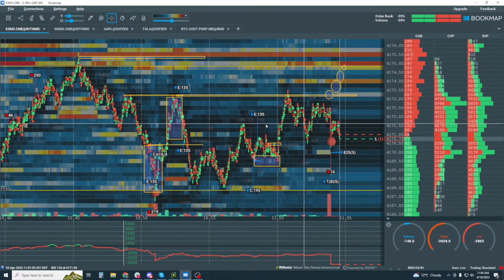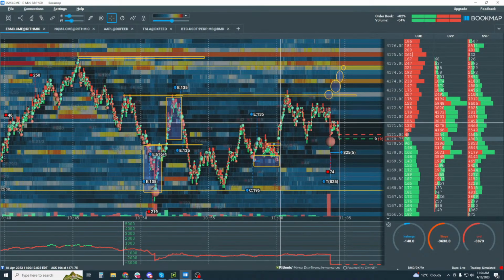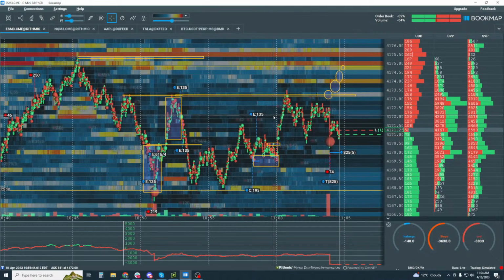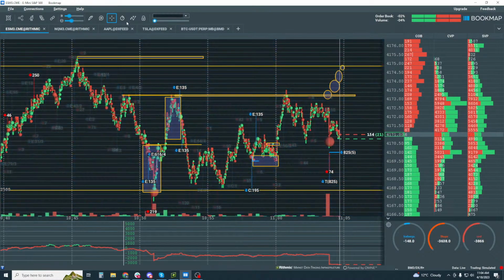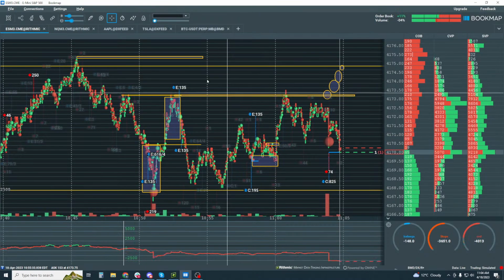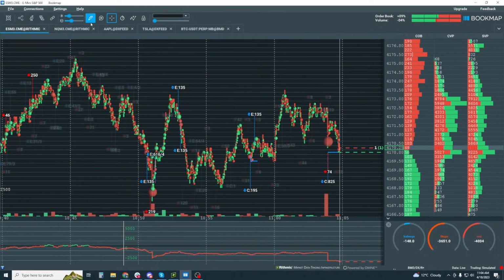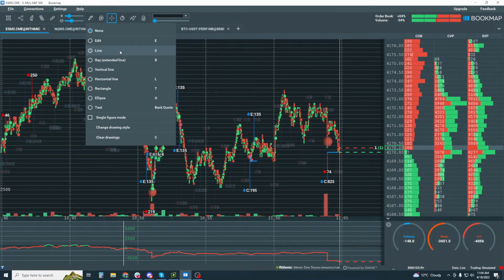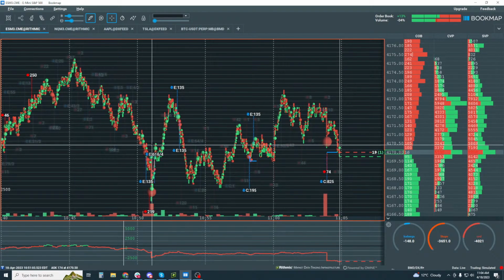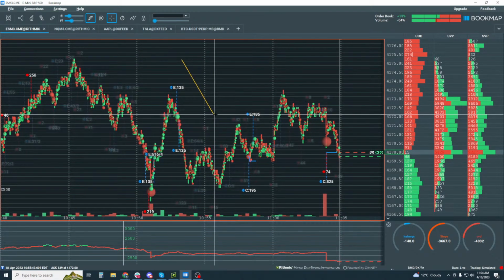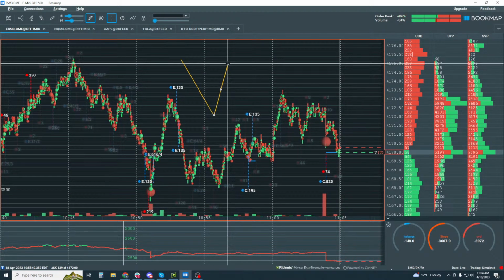Okay, so for example, hold on a minute here. Let's clear our drawings again and take a look. All right, so with this market structure of an ABC pattern,